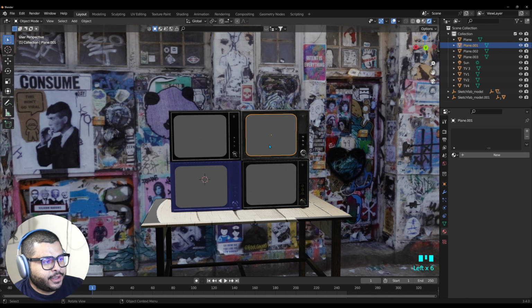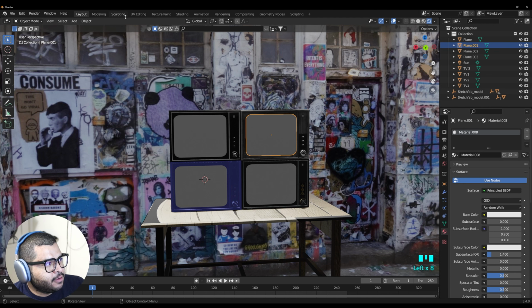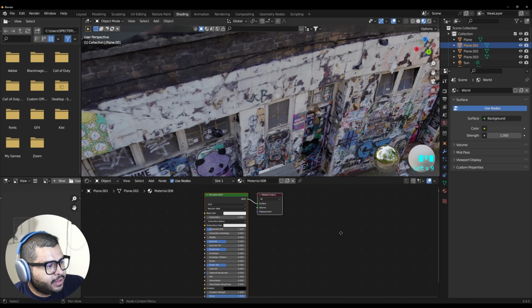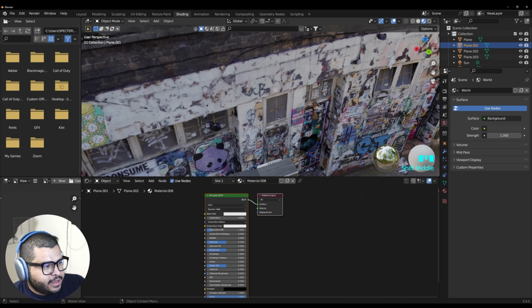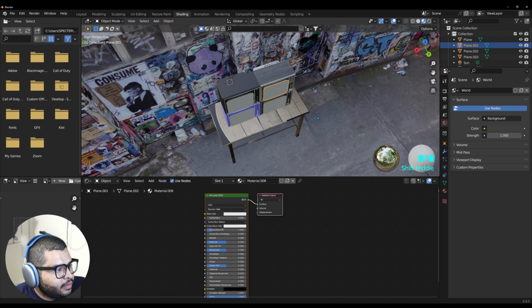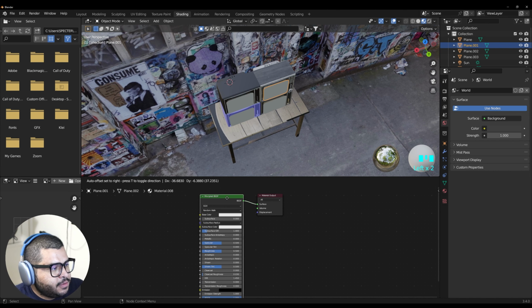Okay, so now we're going to add the actual video footage onto the plane. That way it looks like the TV is actually playing something. So click on one of the planes, then go over to your materials and hit new. And now go over to where it says shading. And you can also pan down to kind of see what's happening here. And then now go over to,